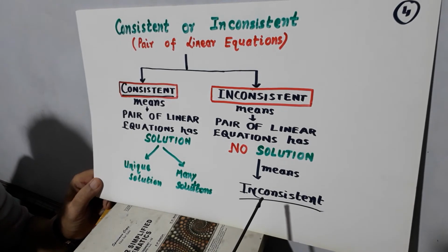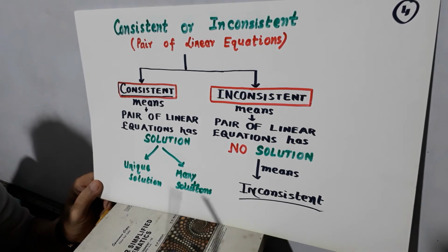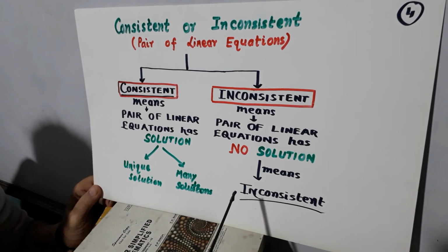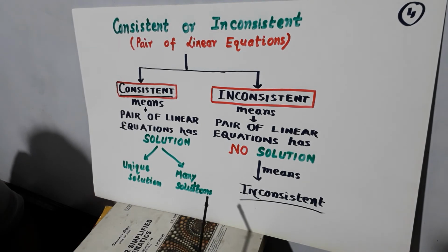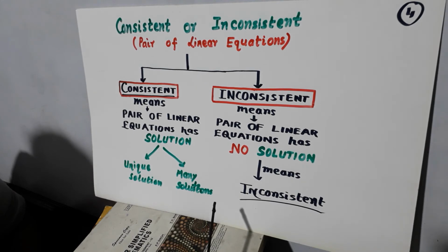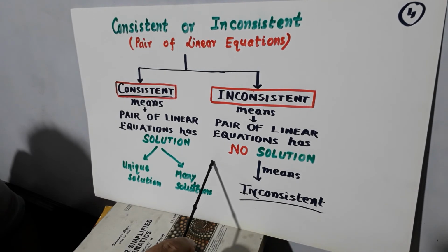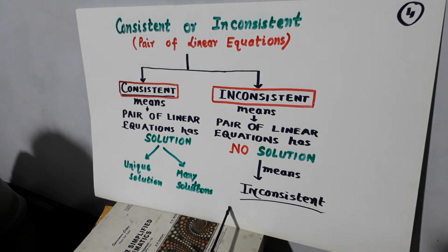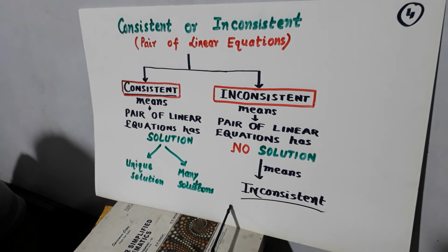So this is episode number 1, which I am ending here. Tomorrow I'll come with episode number 2, how to find these solutions. So you already know there are 4 methods of finding the solution, and their names are in the mnemonic. That mnemonic is GEMS: graphical method, elimination method, multiplication method, and substitution method. With this, I am ending this episode here. Tomorrow we'll come with the next, and I'll tell you all the 4 methods of how to find the solution of pair of linear equations.